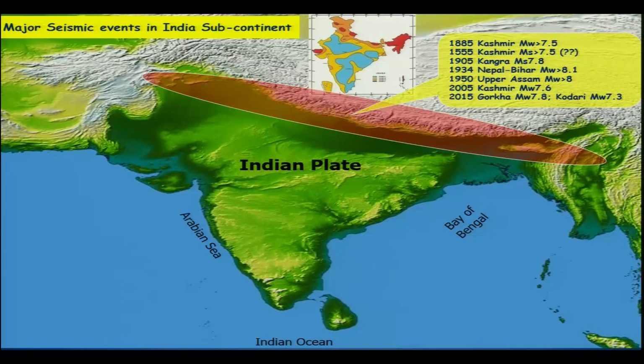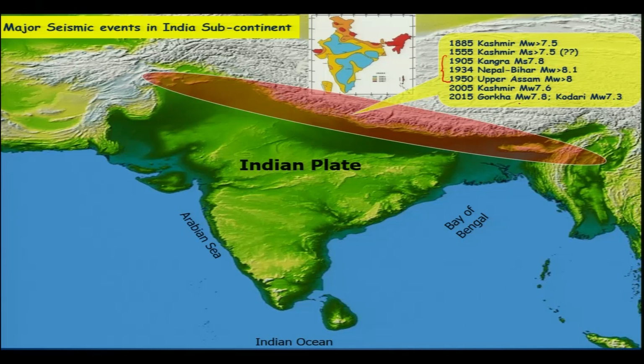In this we have data from, for example, a few examples given here. 1885 Kashmir earthquake, magnitude 7.5, 1555 Kashmir earthquake, magnitude 7.5 or greater, then the 1905 Kangra earthquake. As I was saying in the last lecture, in the 20th century we had almost 3 major earthquakes with magnitude greater than 7.5. And then the recent one is Kashmir, and then